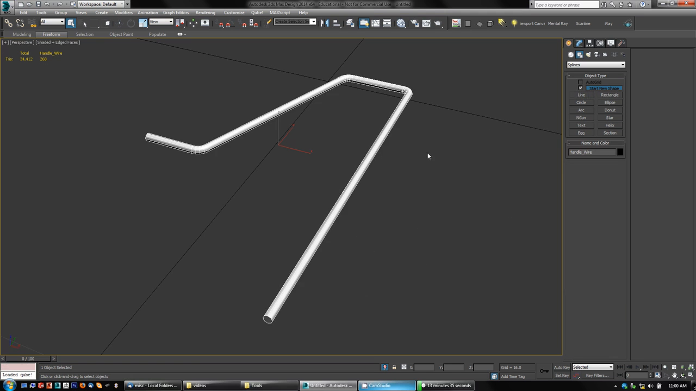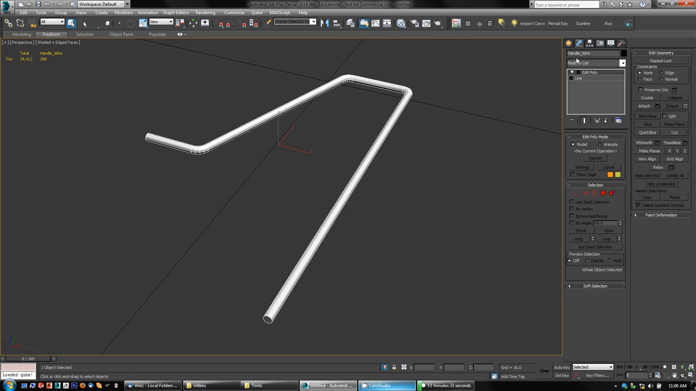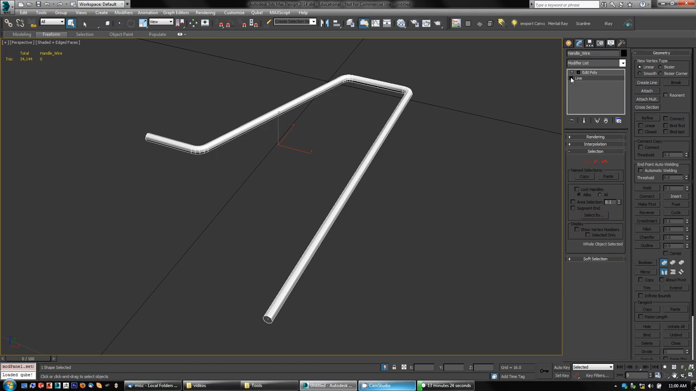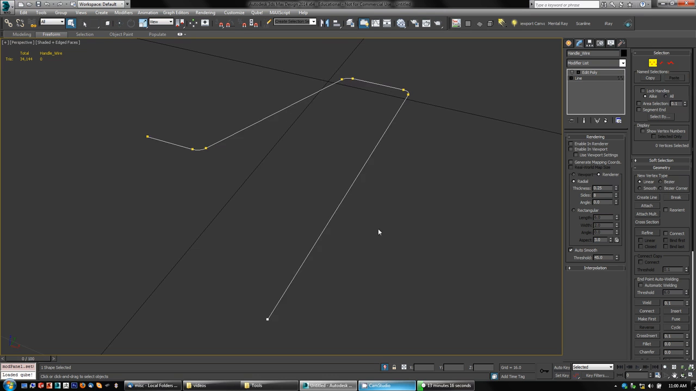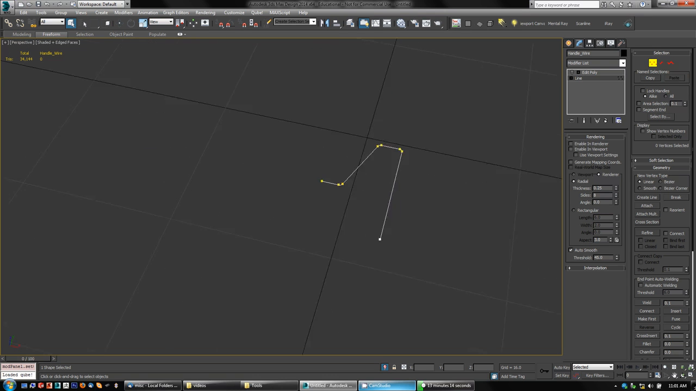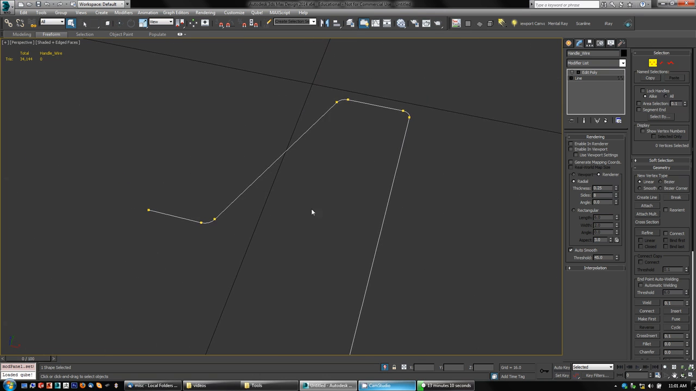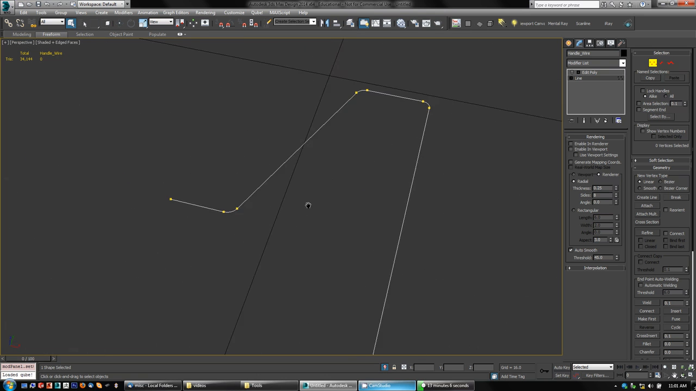And again, come back to this thing here in the stack, and I'm going to suppress the edit poly on there, and I'm going to go down to the line and expand the rendering, and I'm going to turn off enable in render and enable in viewport, and you can see how this thing started. It's just a classic spline with some filleted corners on it. And